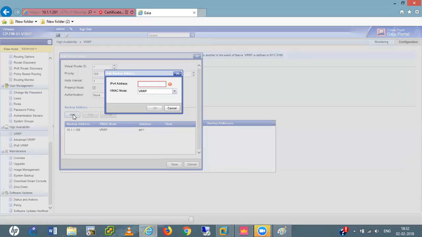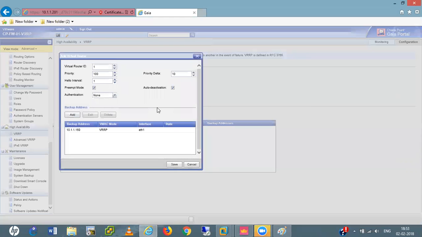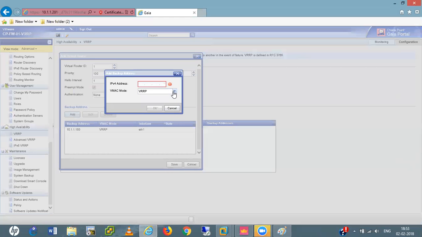We also add one more here, IPv4 for the same device, 10.1.1.201. Why 150? This is with interface 1, right? Interface 1, we gave 201 for this one.